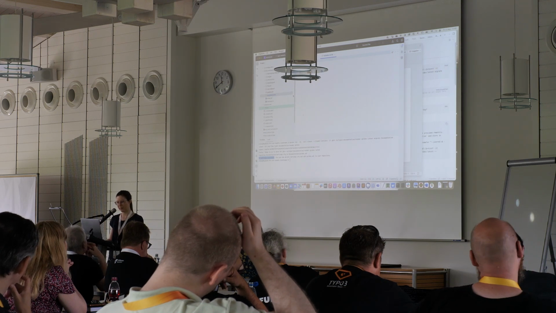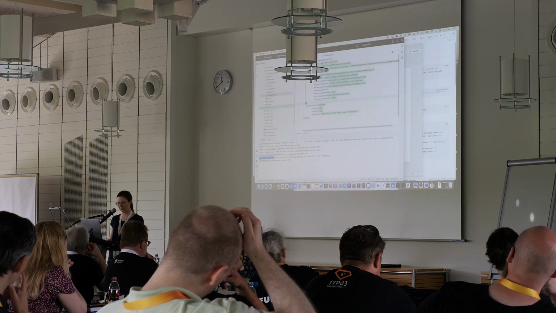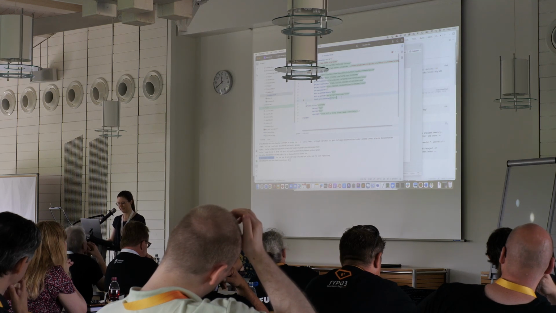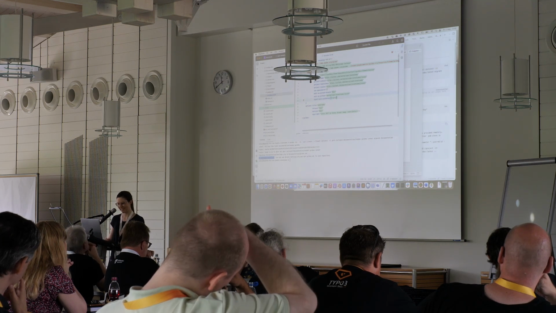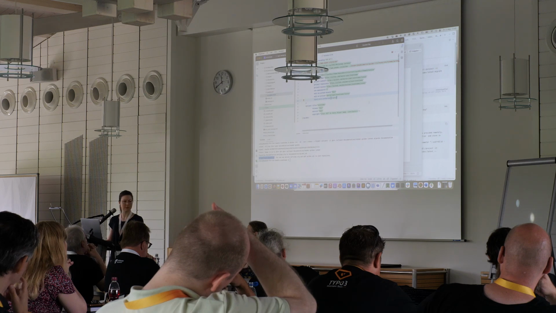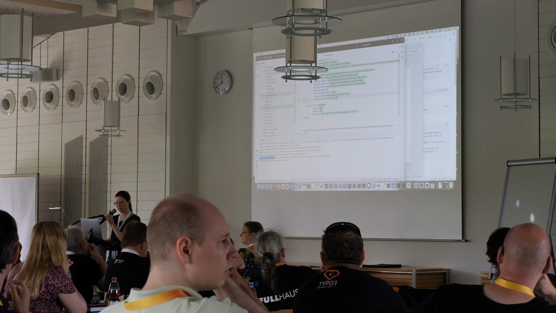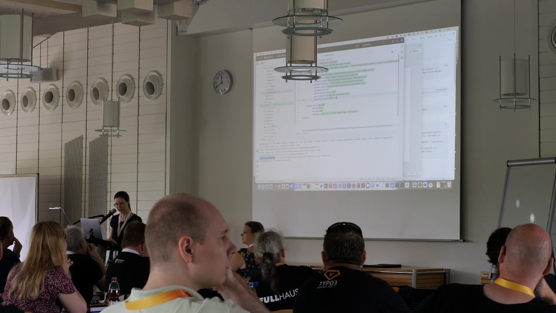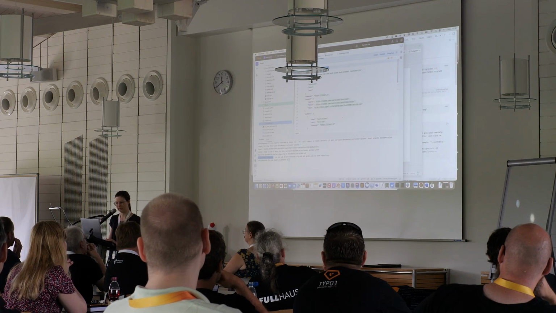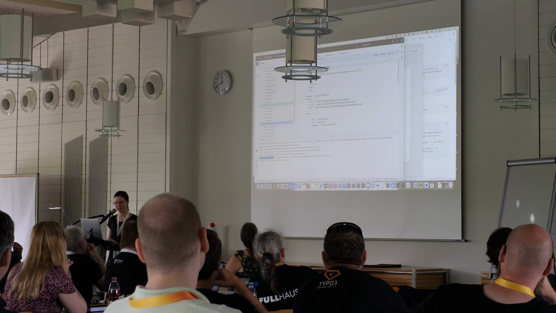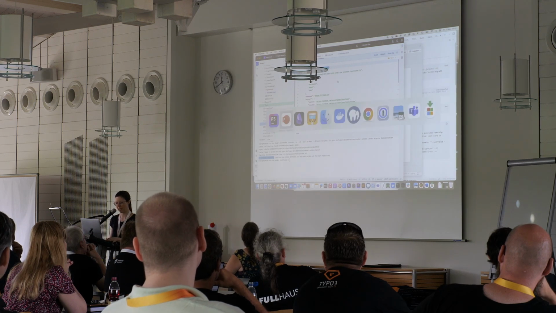And the next step is we have to change or set the name, which already was told, from the composer.json. So we go to the composer.json, copy it,